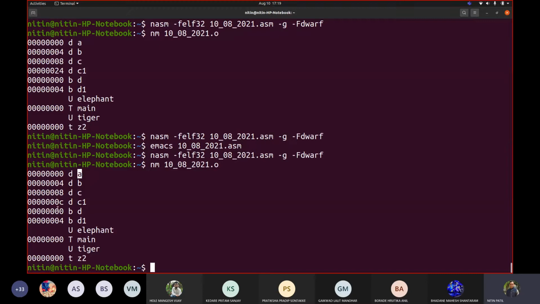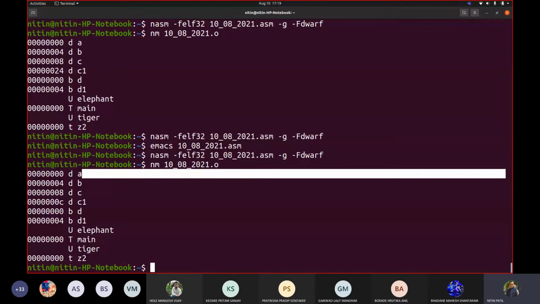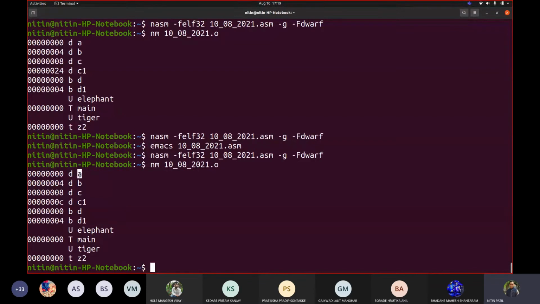So how exactly should this symbol table be stored then? What do you think it should contain? At least we can see here there is an address. Okay, some number is given. This data section is added. Name is added. Okay, let us say section name is added. The name of that label is added. It is not showing us value over here.